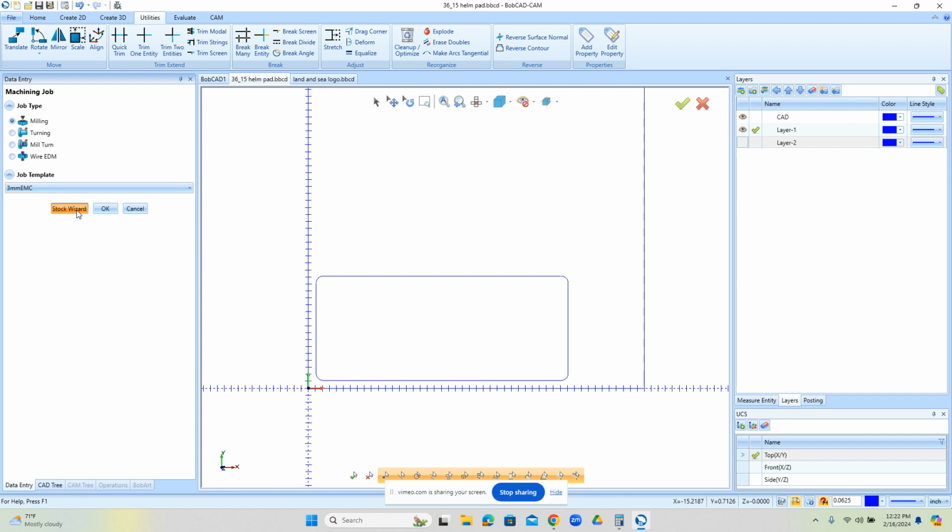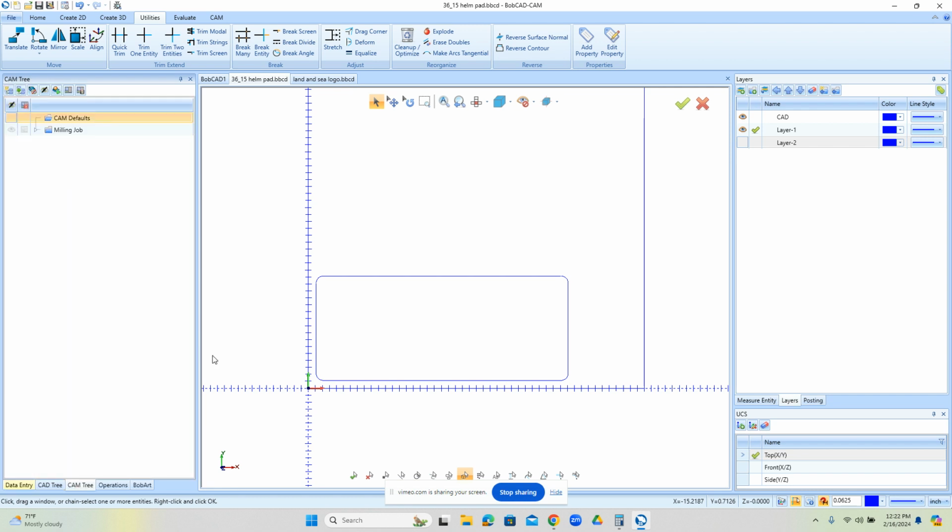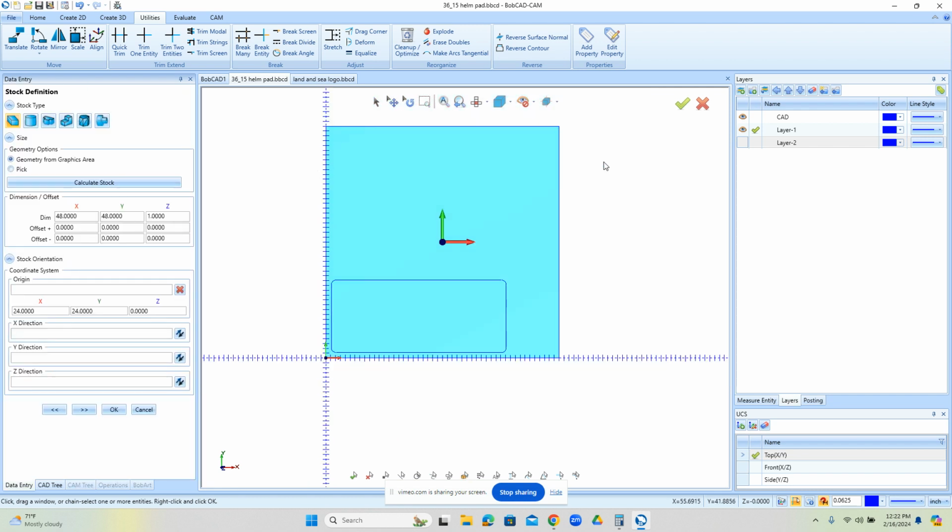From there, I'm just going to hit the stock wizard. What the stock wizard will do is pick up that outside shape. The stock doesn't really matter. It's just used for simulation. Our depth here, I believe the material we're cutting is 1/4 inch. So I'll just set the depth, and then we're going to go ahead and